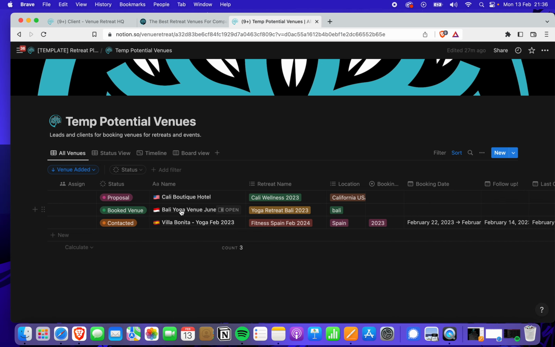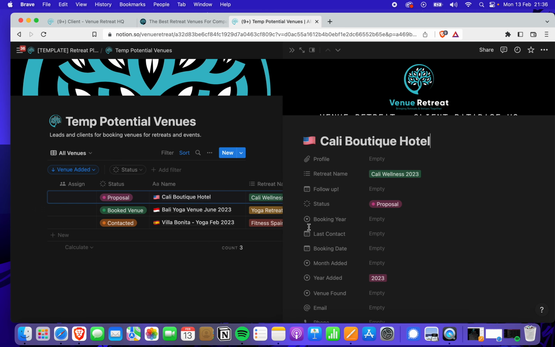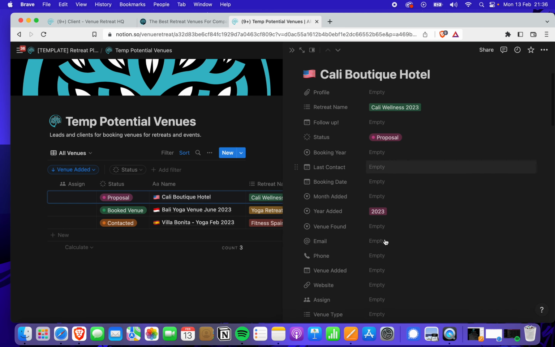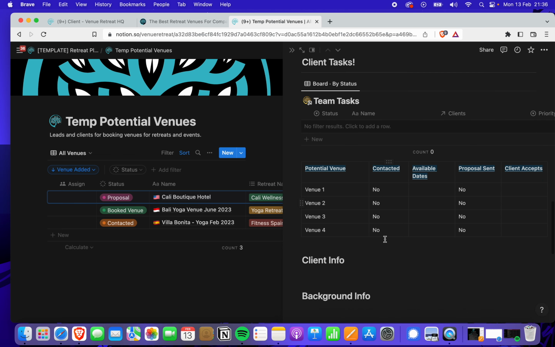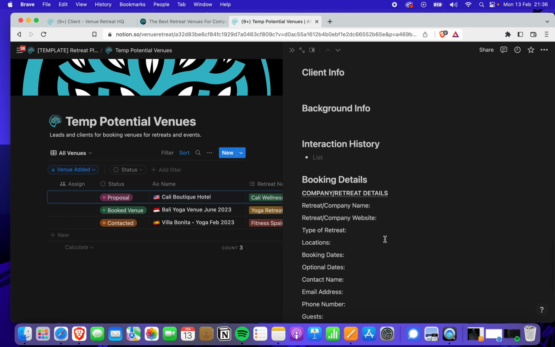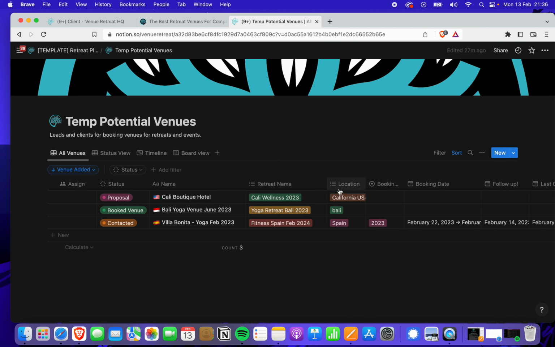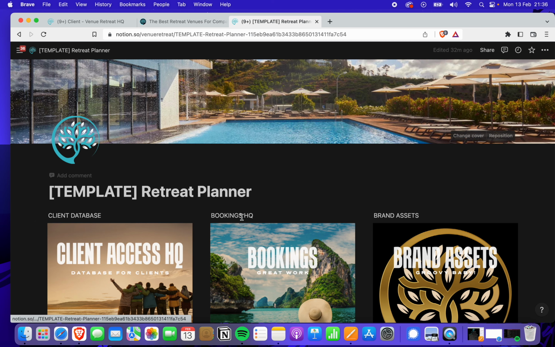So here you can start creating a good idea of potential venues to host your retreat at. And then if you scroll down, we've got all the information there about client info with the venue, so history of interaction, so we can book that and put any details about the booking there. Okay, so if we go back,